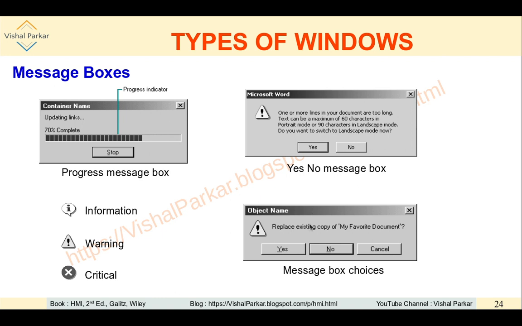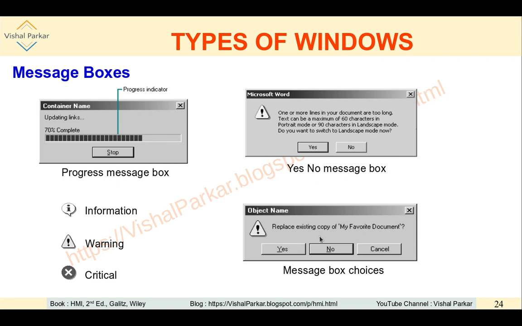Whereas in this case, where the user is replacing, maybe advertently or inadvertently, one existing document, the warning is given: replace existing copy of my favorite document. That file name is my favorite document, and the user maybe is overwriting that.